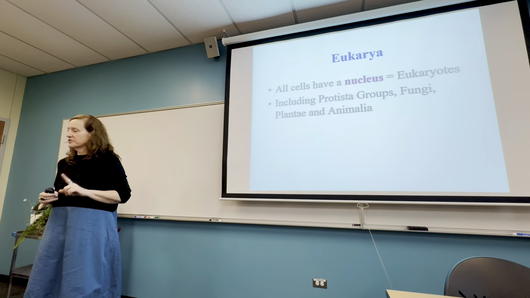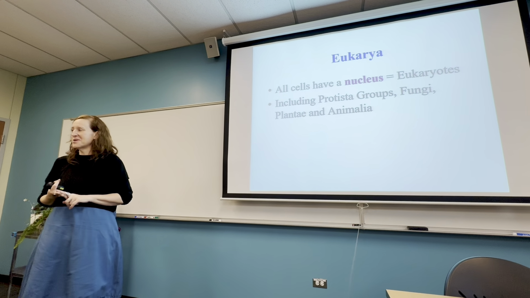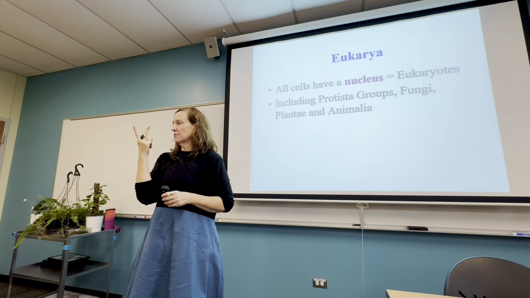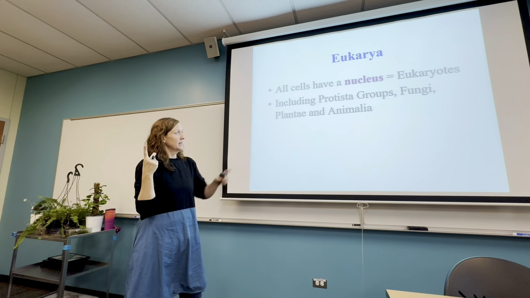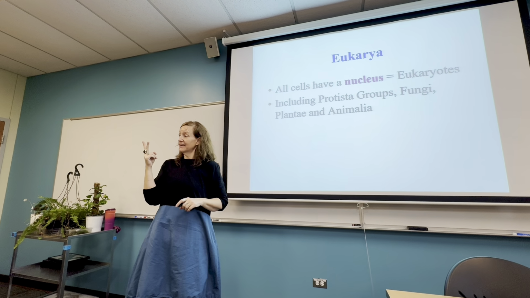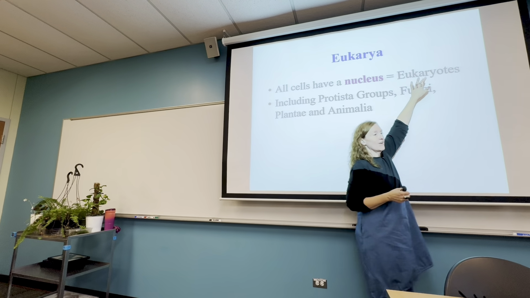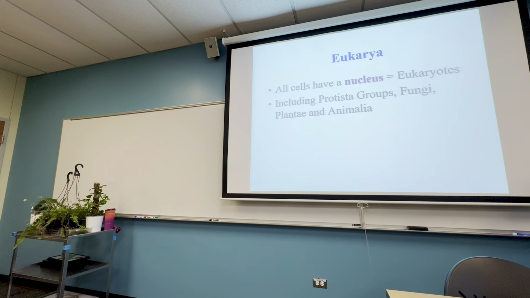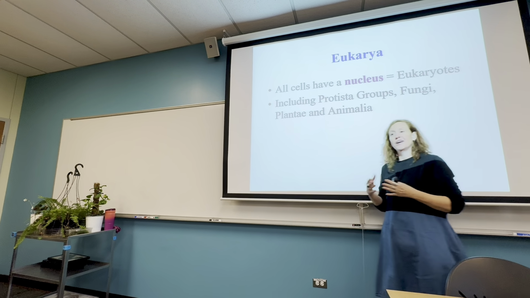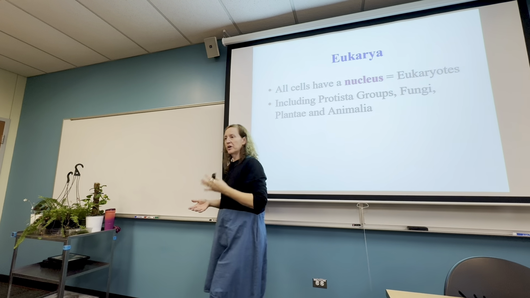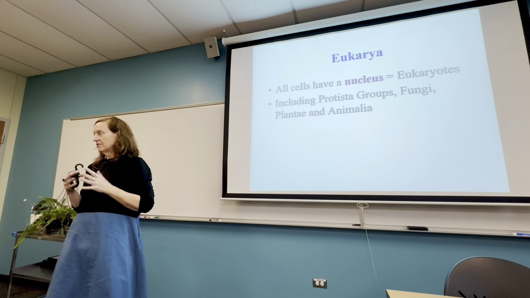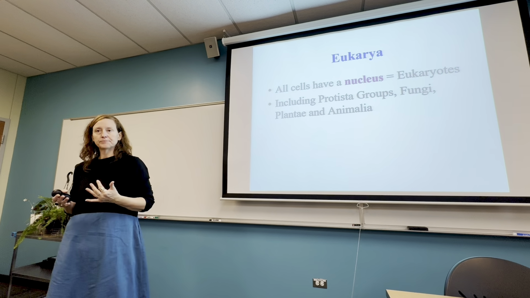Taxonomically, a lot of times students have a question: what's the difference between Eukarya, eukaryote, and eukaryotic? Eukarya is the domain name. When we're talking about eukaryote and then eukaryotic, eukaryote is a noun. This is a eukaryote. Animals are eukaryotes. If I want to use it as an adjective, I can say animals have eukaryotic cells. Eukaryotic is an adjective for a noun. So eukaryote is a noun, eukaryotic is an adjective. They mean the same thing.